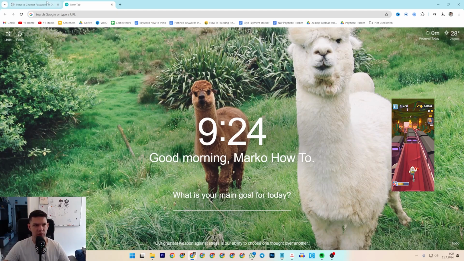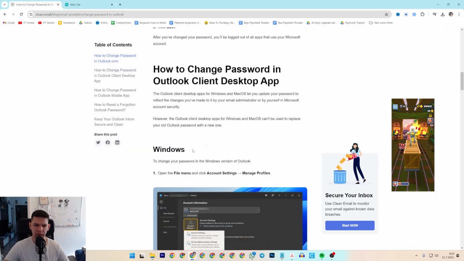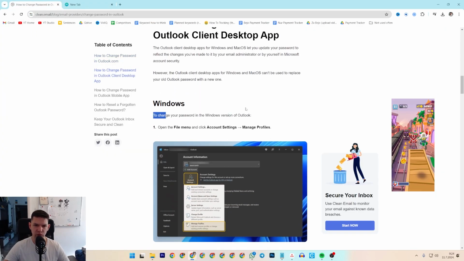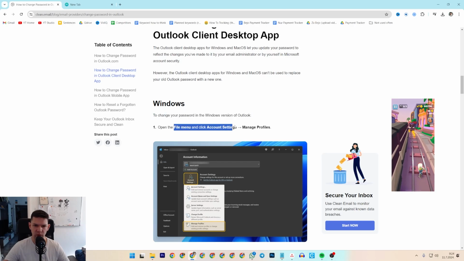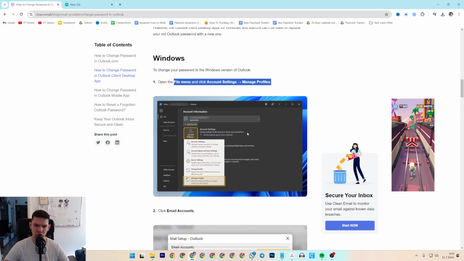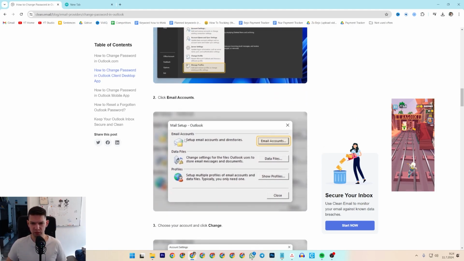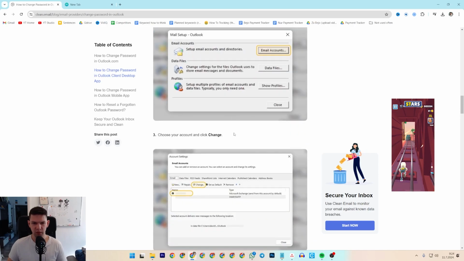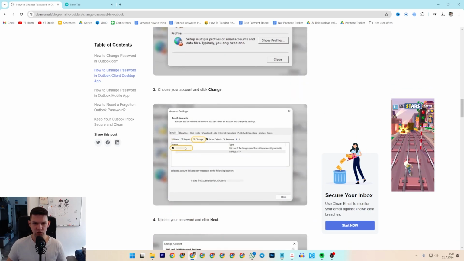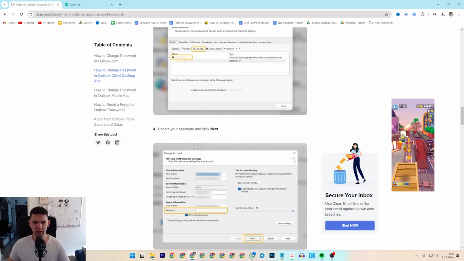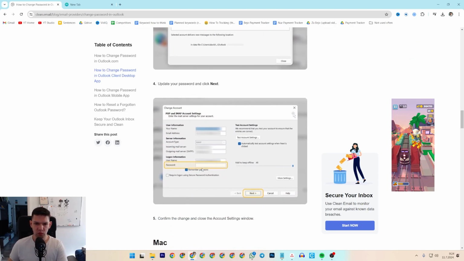So basically, if you're using Windows, to change your password, go to File menu, Account Settings, Manage Profiles. So as you can see, these are the steps. Then you want to click Email Accounts. From there, you want to click on Change, and select your account and click Change. From there, you want to go to the password section and update your password and click on Next, and then